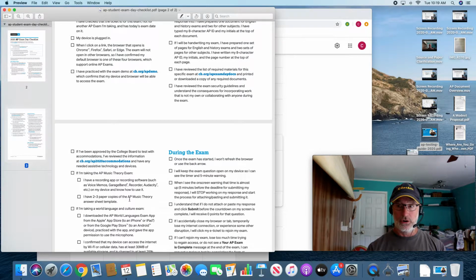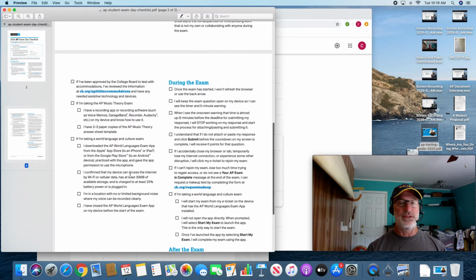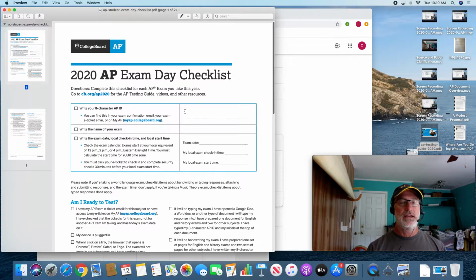And if you're not sure, you have emailed me and communicated to me, and we have worked forward to accomplishing that. I had a student say they weren't registered for the test, and we're working through that. So that's the thing to do now on the 12th of May as opposed to the 20th of May. All right. So please read through this, and this document you should have in your possession on test day with your ID, with your ticket, all of that information.